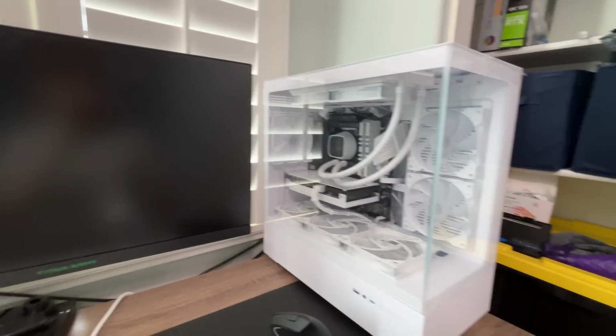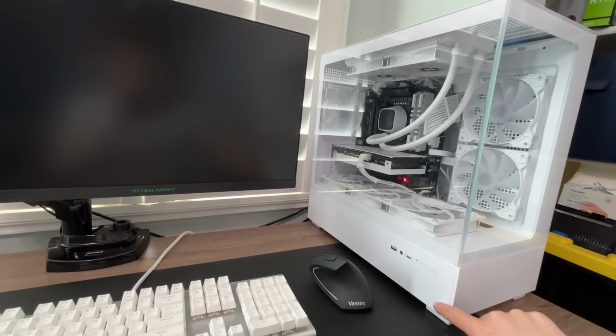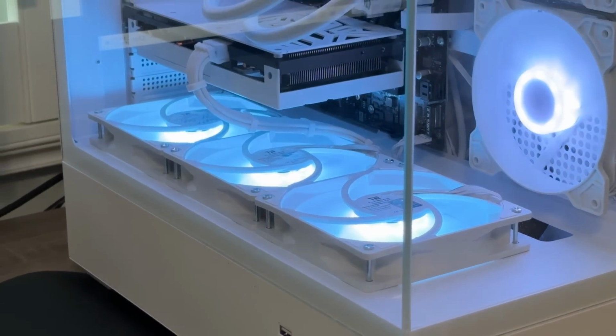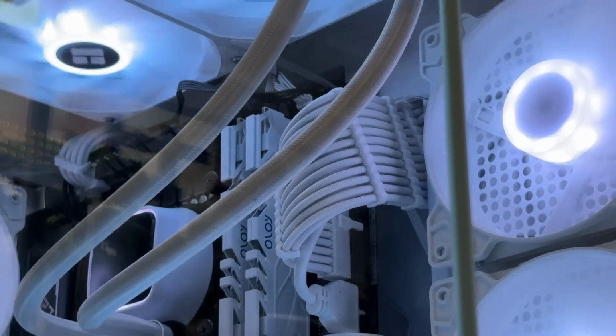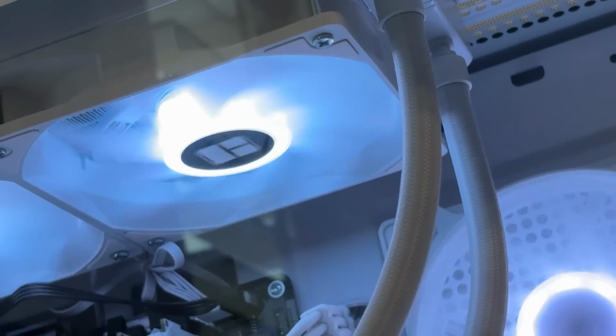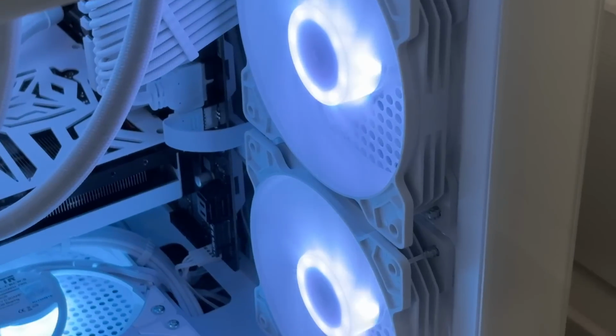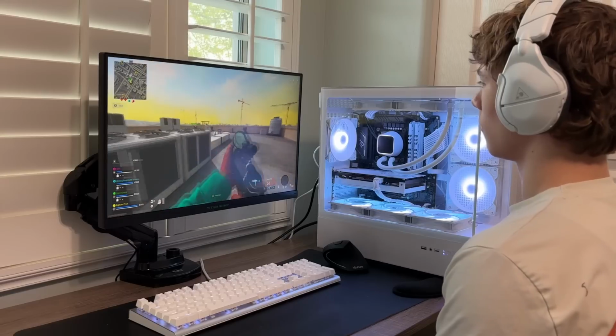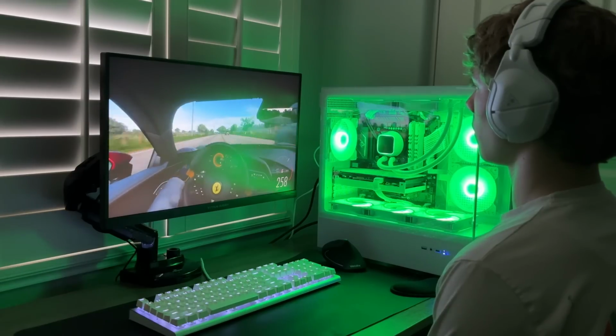And now the PC is finally ready in all of its glory. The PC is looking really clean, and building this PC would not have been possible if I didn't start flipping PCs,